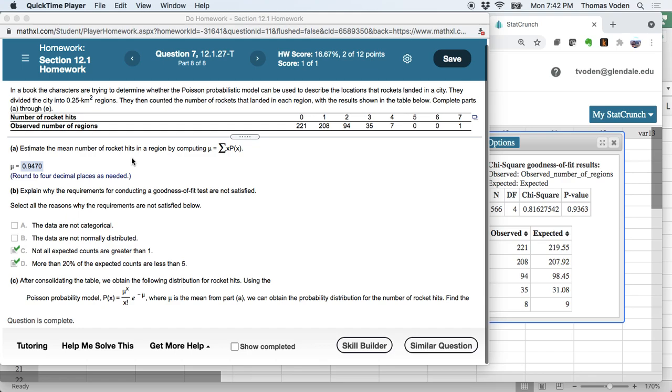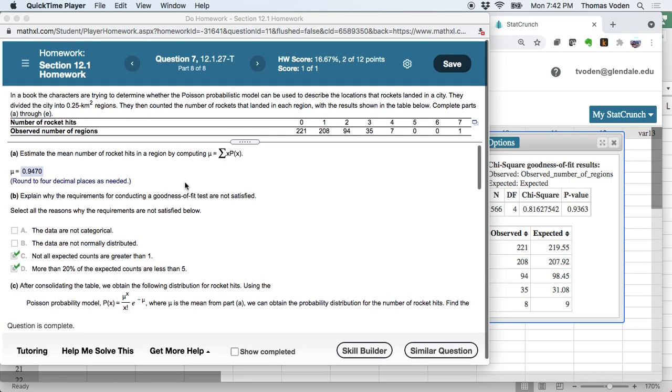Hi everyone, here's a video going through problem 7 off the homework set for 12.1. It's based on problem 27 out of the book. So the setup here is they give us this data table